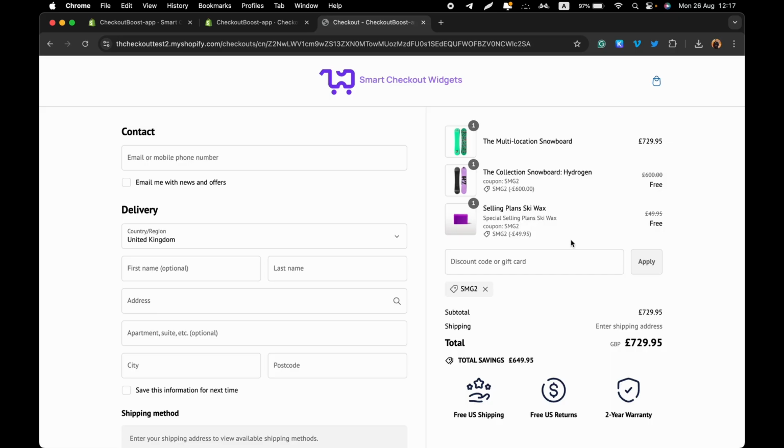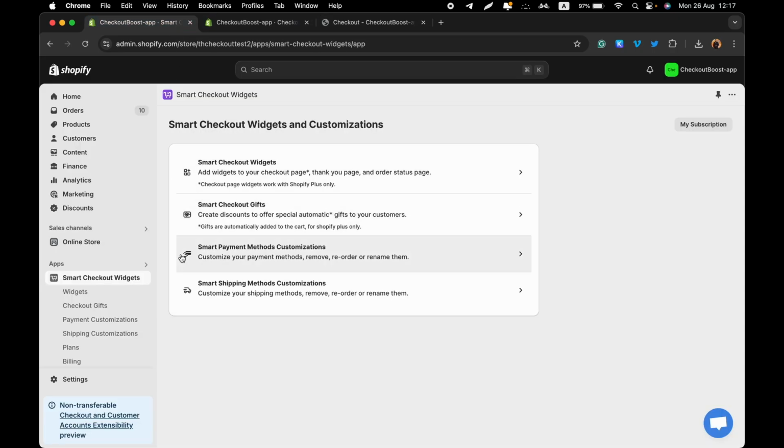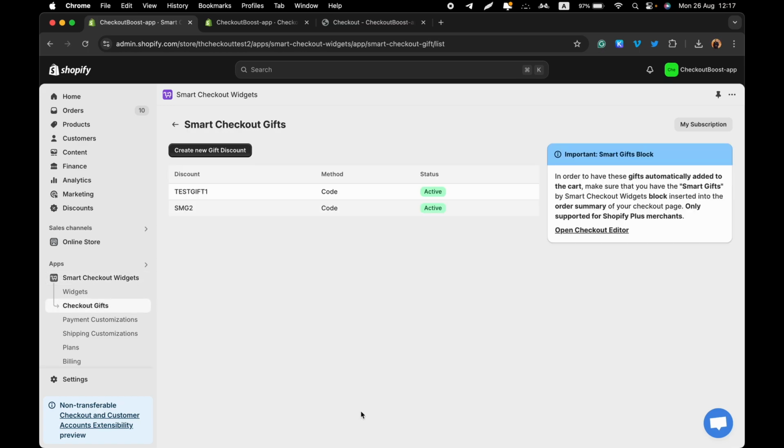Let me quickly show you how to set this up. It's very simple and straightforward. First, go to the app, and you'll find the option called Smart Checkout Gifts. Click on it. I already have a couple set up for my test, but I'll walk you through creating a